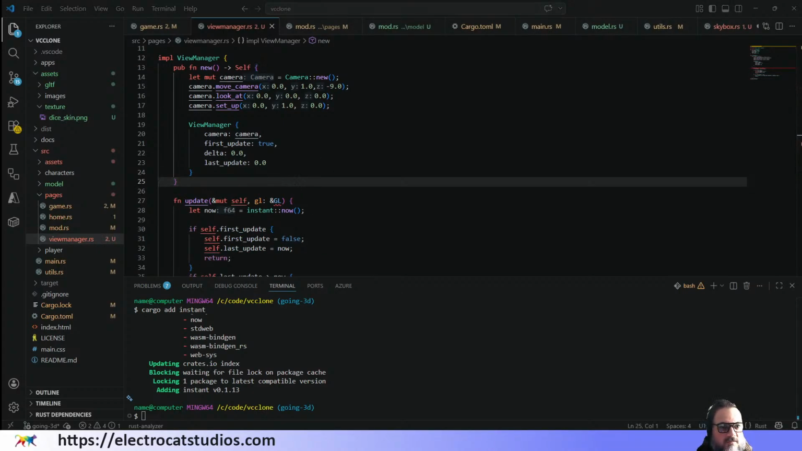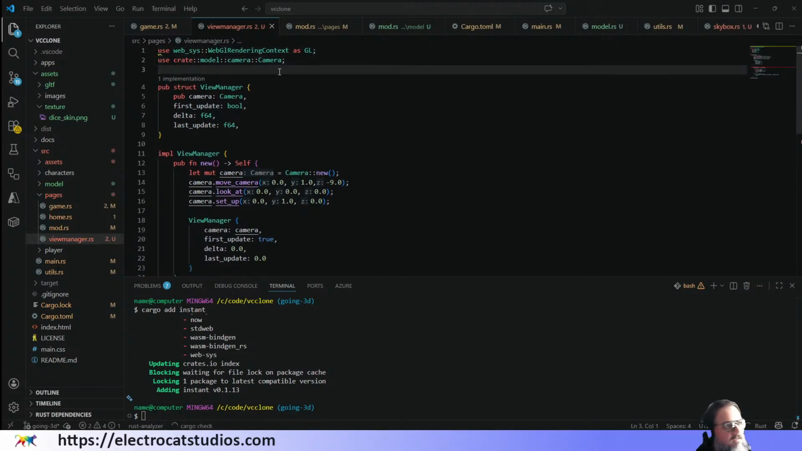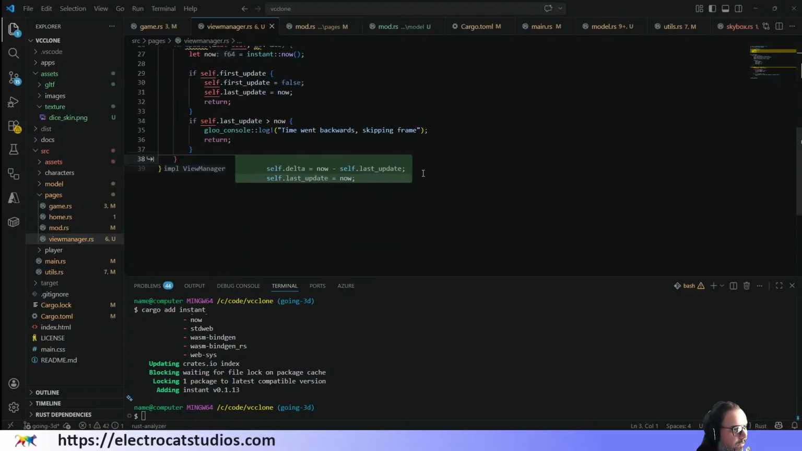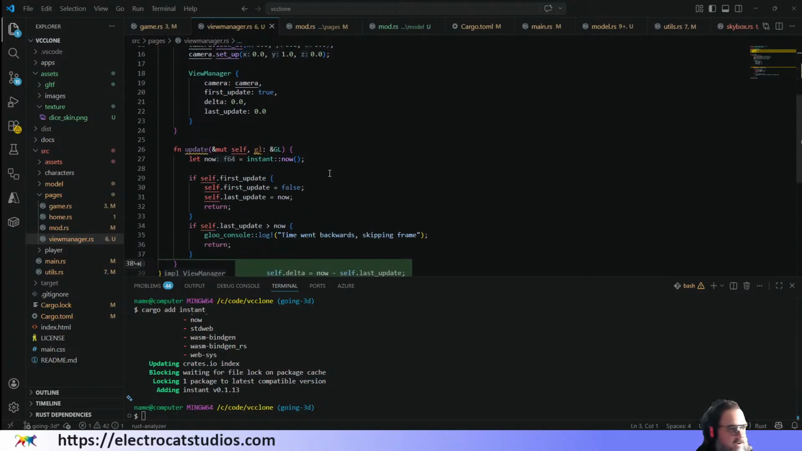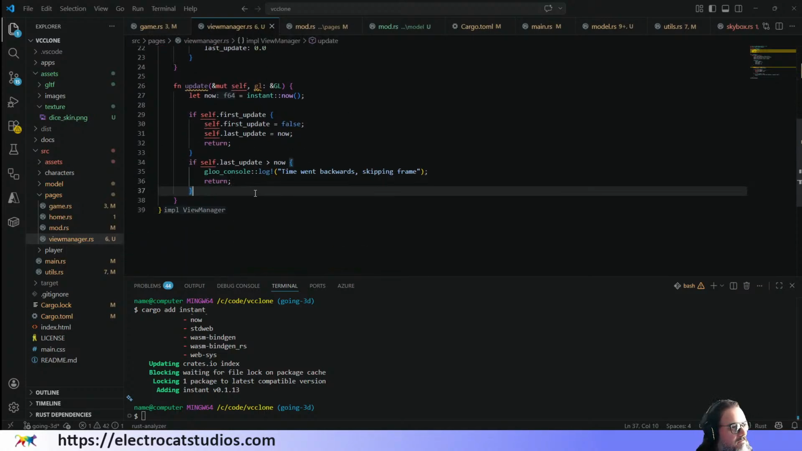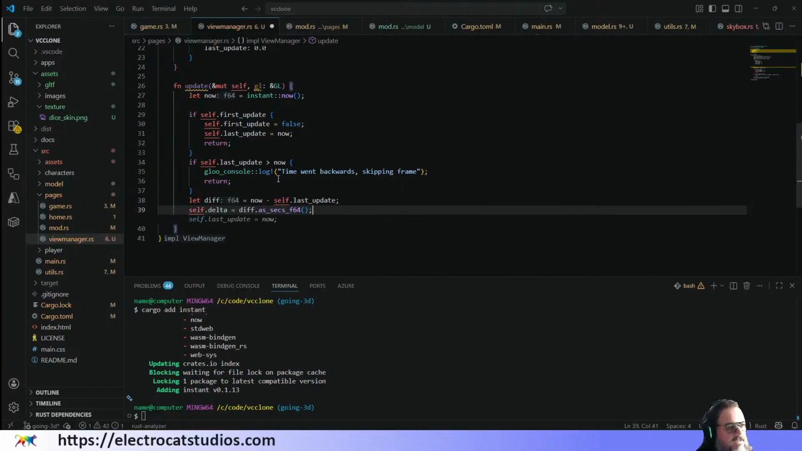Oh, and we also need to pull in our WebGL context here. That's there. Yeah, sweet. Just checking against the list of variables to make sure we don't bring anything we don't need. So other than that, okay, let diff equal now minus last update. Then the delta is going to be,